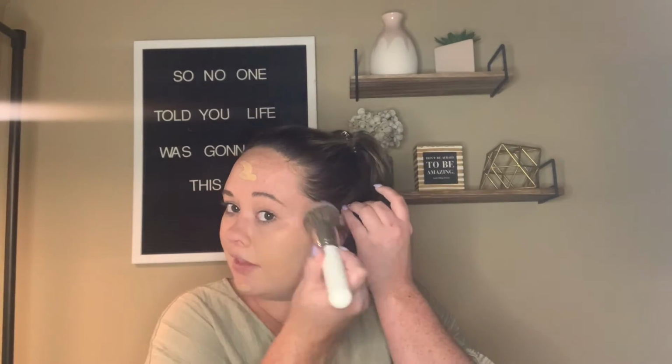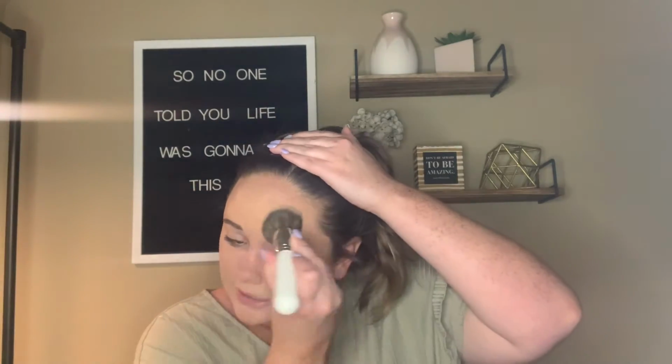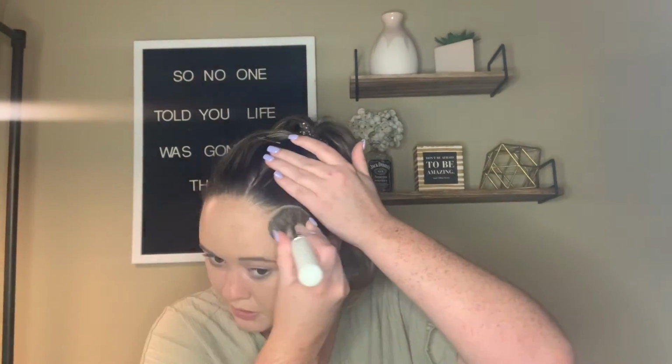But when applying foundation, if you don't want as much coverage with it, I really suggest using like a sponge. For me, I like to use brushes because I pat it in because it doesn't soak up as much product. But if you want less coverage, use like a sponge. I use the Real Techniques sponge and they're so good, and they're at the drugstore, so go get those and use a sponge and you get more of a natural finish, and it kind of soaks up a little bit of excess product than what you probably need on your skin,